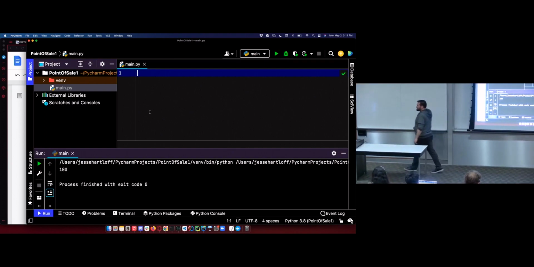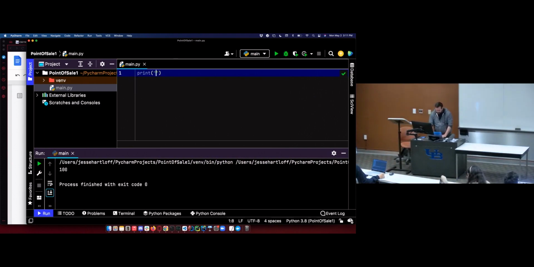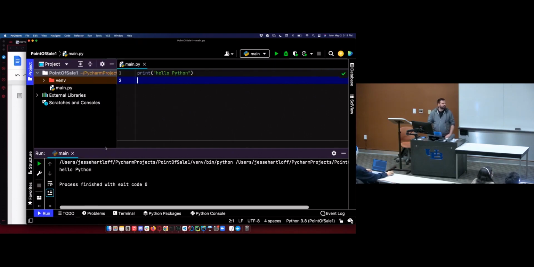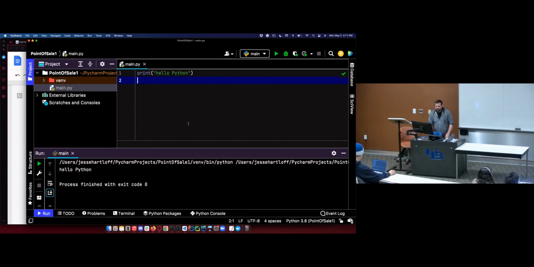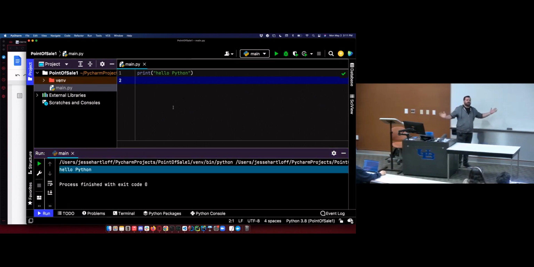So if I start writing code, we can start doing Python in 1.16. So hello Python. We started with hello Scala. I already forgot what language we used. And I run this. What I did was right-click the file, just like we do in IntelliJ. Hit run, and I printed hello Python. We got our first Python program in an IDE.